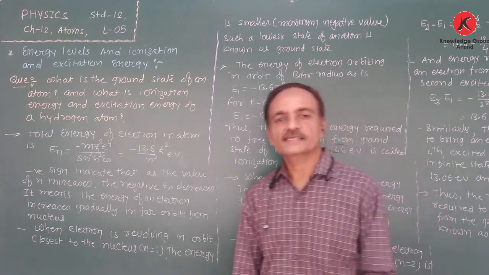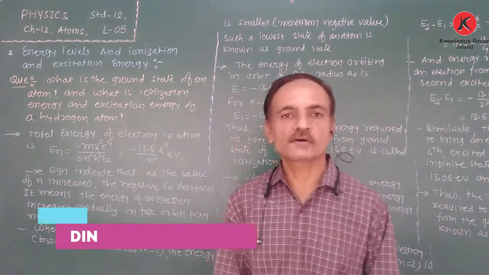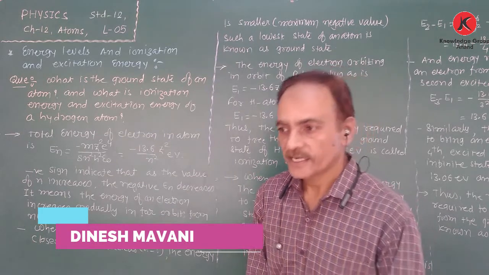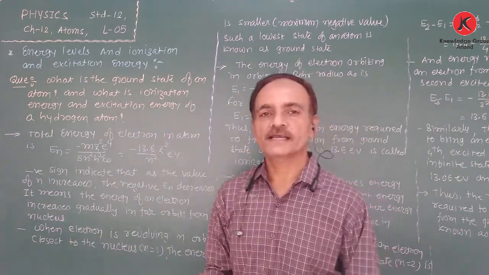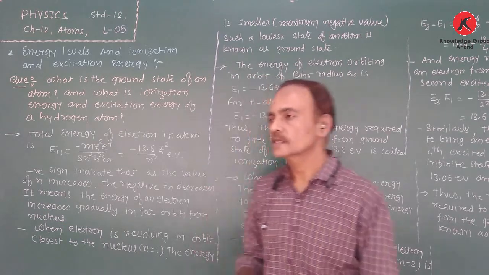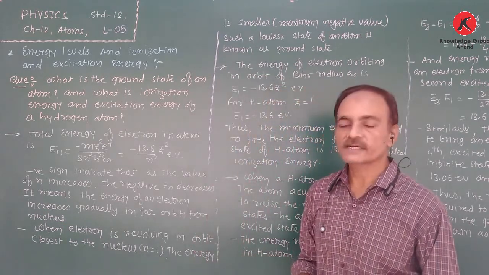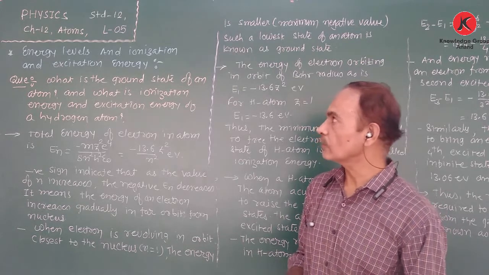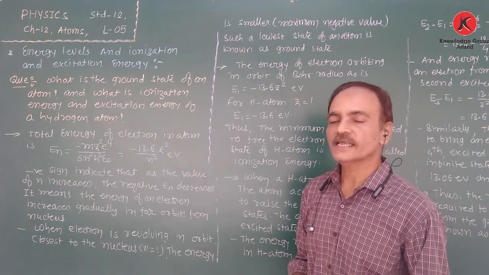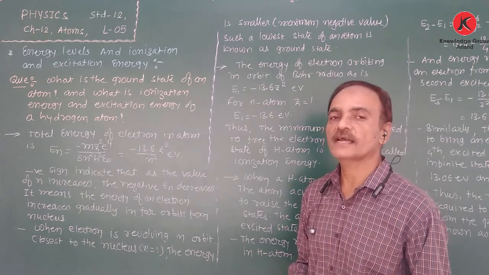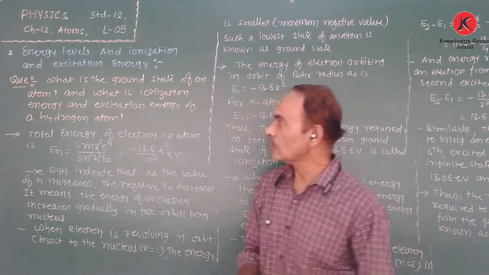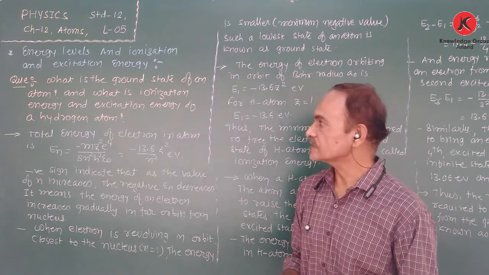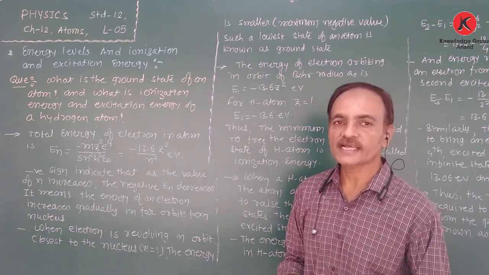After the discussion of total energy and the radius of the nth orbit of an atom, we also discussed the total energy of an electron in the nth orbit. Now we are going to start our discussion about the energy levels, and also what the ionization and excitation energy of the hydrogen atom are. So the question is: what is the ground state of an atom, and what is the ionization energy and excitation